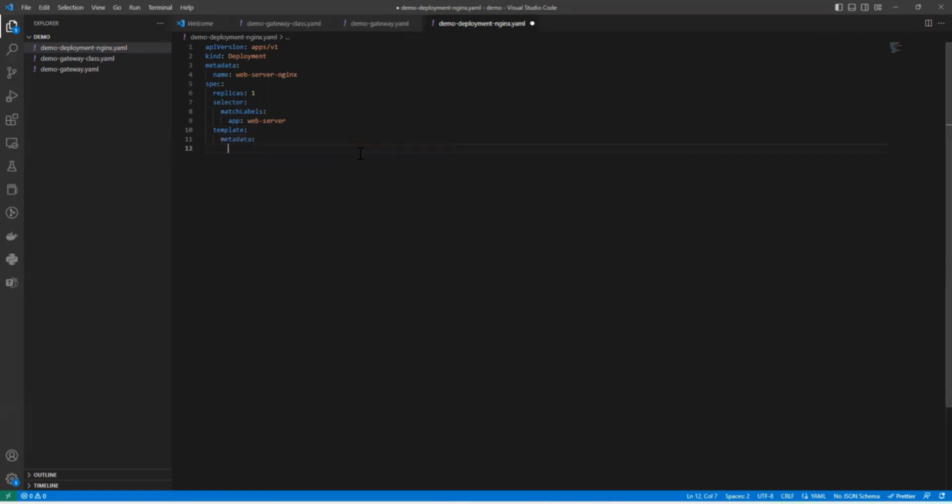Let's try to minimize our typos, otherwise it gives an error. So it's YAML, we know. Okay, labels, and we need to specify the same label here. So let's give the same. And then we need to specify the pod specification, container and all. So we need to specify spec,